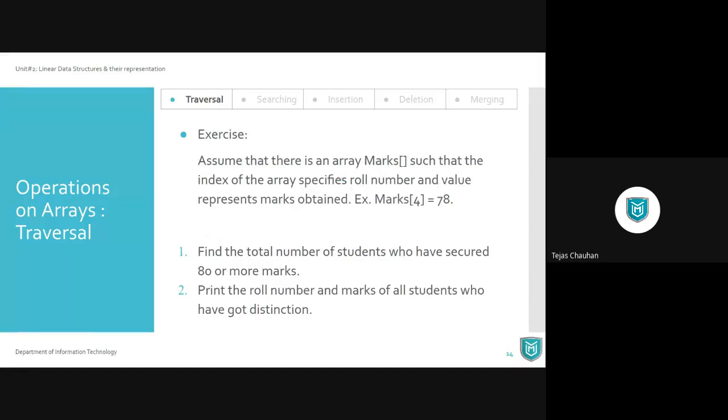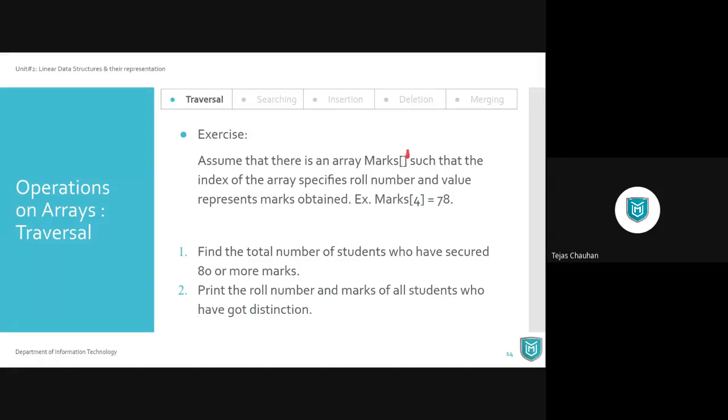Now there is one exercise here, but we won't spend much time on it. You can take a screenshot of this slide right now, and whenever you have time, do this exercise. This exercise says that there is a one-dimensional array, marks, to store the marks of students.